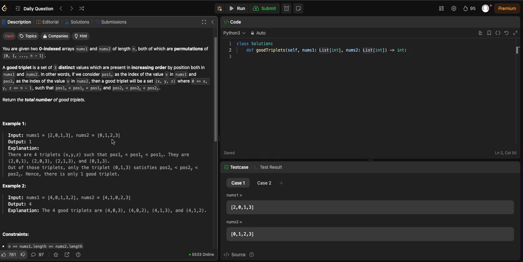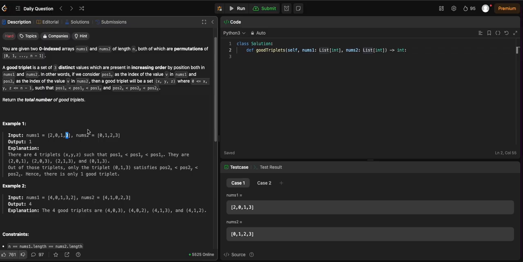But yeah, the question is how do we map it? Because if it is 0, 1, 2, 3, 4, so this is 0, 1, 2, 3, right? We can really just look at nums1 and we'll be able to find how many increasing triplets there are. We can kind of use DP to find out how many triplets are increasing. So for example 0, 1, 3, and if we can map it like this, we know that it is going to